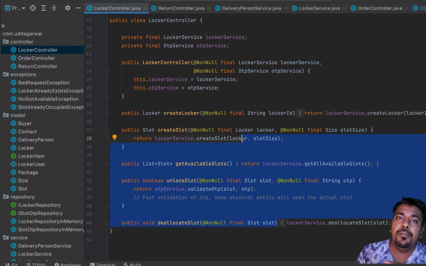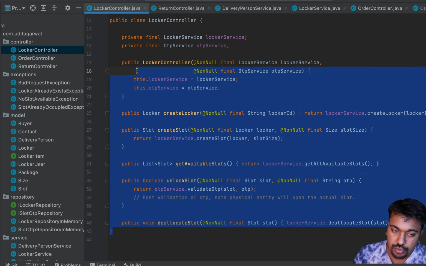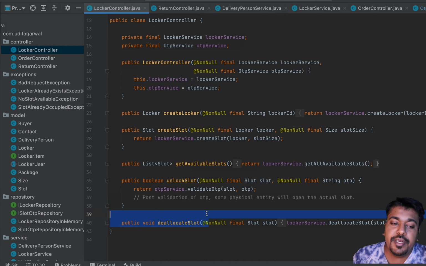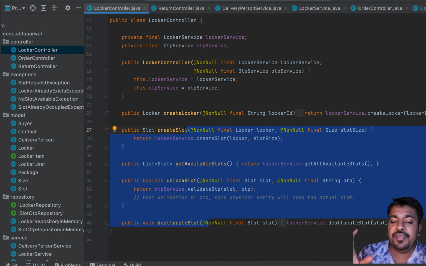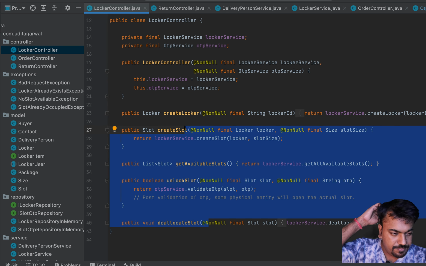So it's all about what you're thinking about the one responsibility. Your responsibility should be small enough. As and when the responsibility grows and becomes big, you just split the things, and that's how you keep following the SRP principle. So even though it is handling both locker and slots, we are saying that this class is doing everything about the locker, and that's why it's one single responsibility. Once that responsibility about the slots grows, we'll break it into two responsibilities: one is the locker and one is the slots.